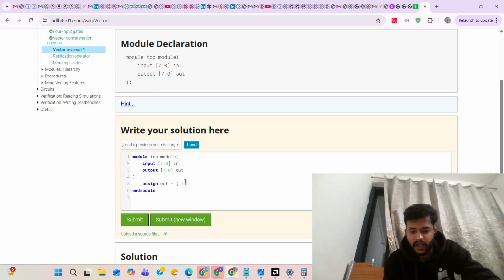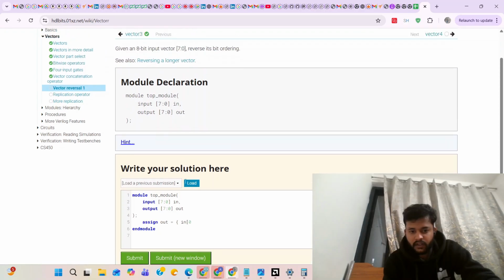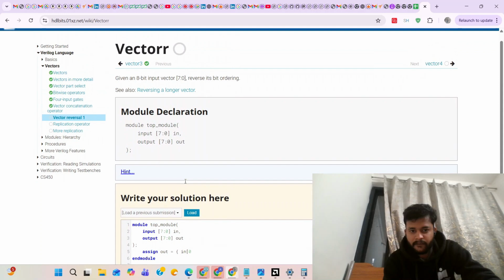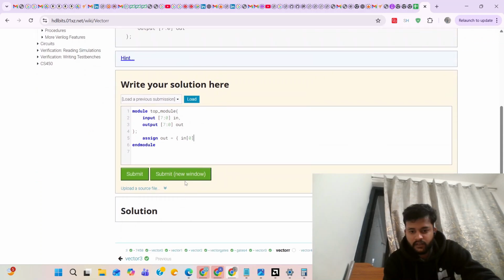So we'll use a concatenation operator. So input 0 we'll take first and then we'll use input 2 and input 3. We are using part select.